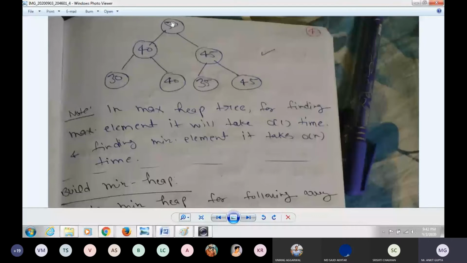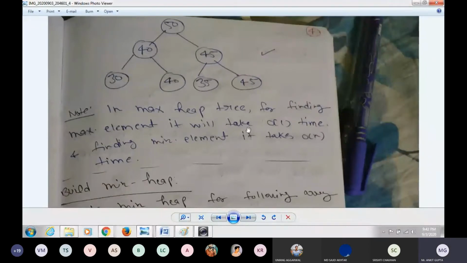So the root is maximum compared to all the children. Then it is called a max heap tree. Then again I will check 40, 30 and 40. The root can be maximum or equal, that is also fine with the children. Then 45, 35, 45. Is it also fine?